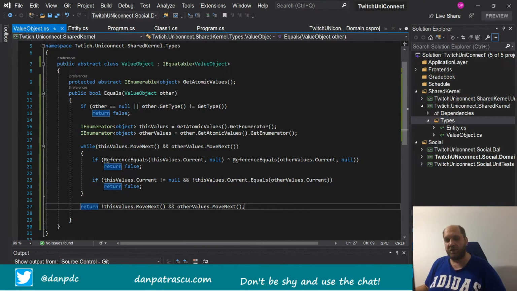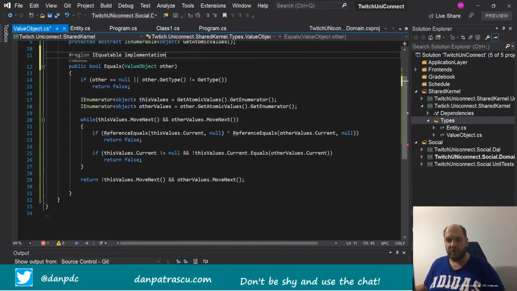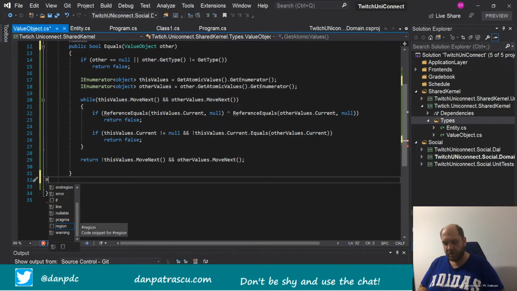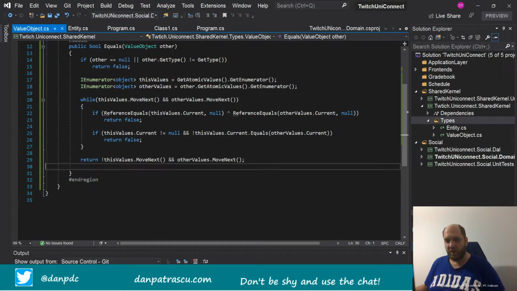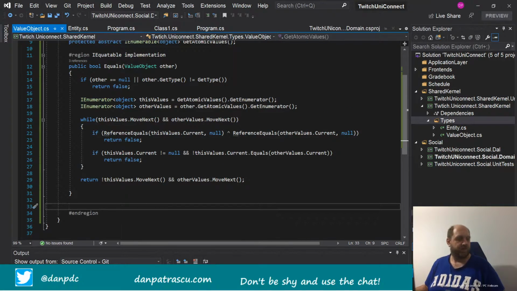Right now, the next thing that we would have to do, as said, let's add some regions here, and here would be equatable implementation, and that would end for now after this equals, end region. Okay. So, as we did previously for entity,